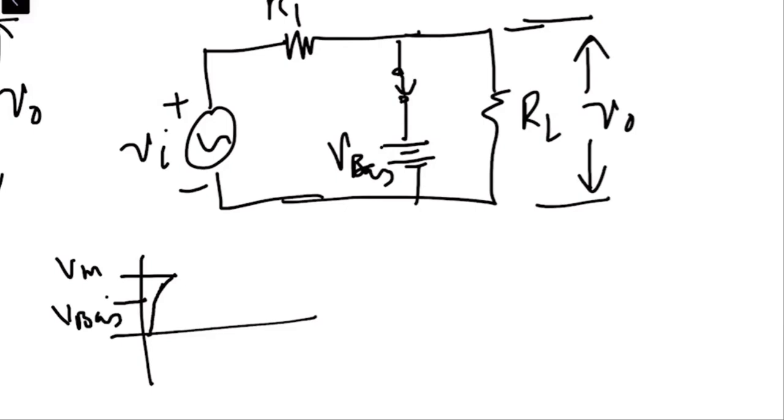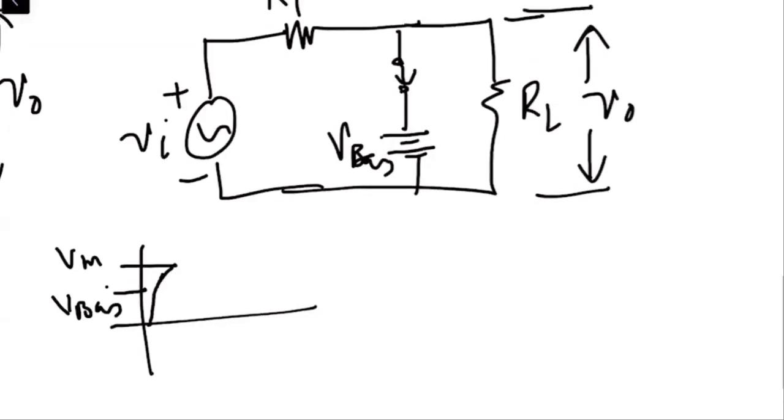Are you with me? Yes, sir. So if you can see that if V bias is less than Vm, Vm is the peak value of the input,